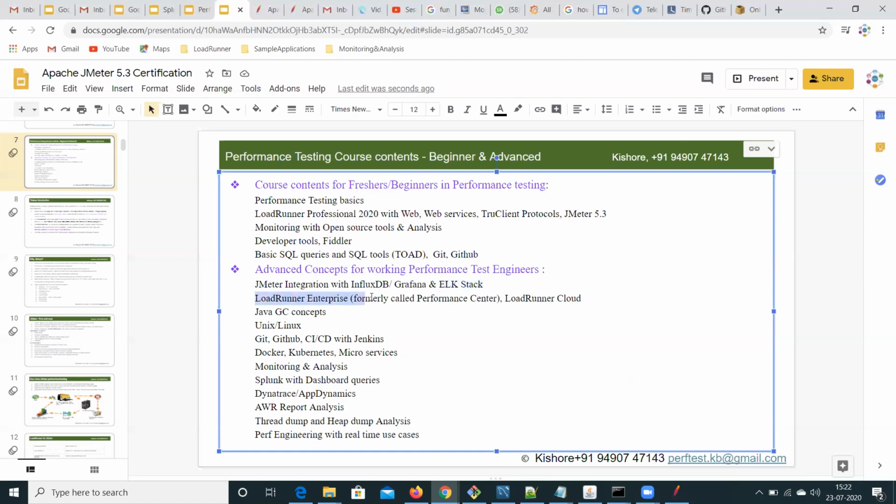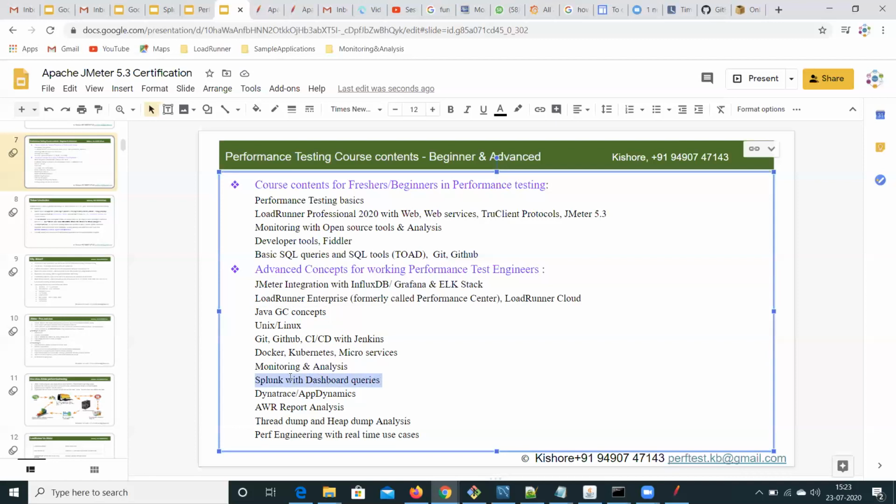I'm going to cover LoadRunner Enterprise, which is nothing but Performance Center previously, and LoadRunner Cloud as part of these advanced concepts, along with Java GC concepts and Unix Linux commands. Then GitHub CI/CD with Jenkins, Docker, Kubernetes, microservices, monitoring and analysis, and Splunk with dashboard queries.